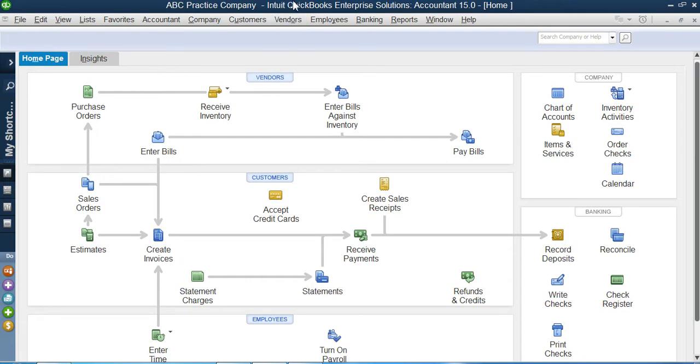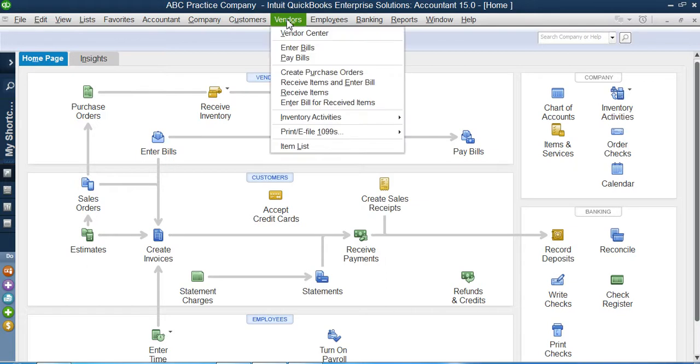Today in this video, we're going to start the vendors menu. We will start the vendors menu by creating a vendor profile. However you pronounce it, vendors are actually our suppliers from whom we purchase raw material, or